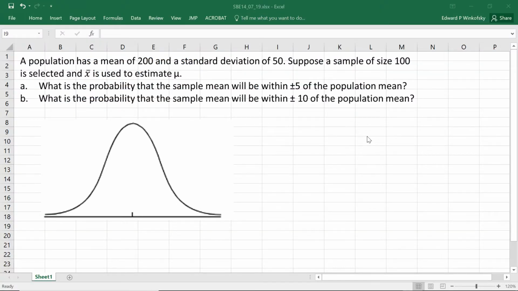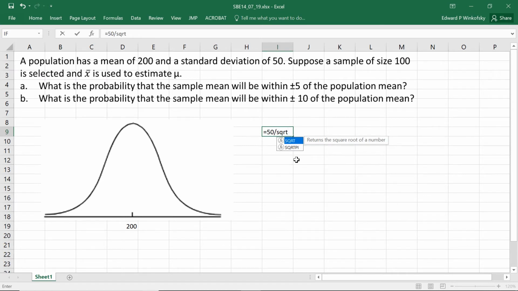A population has a mean of 200 and a standard deviation of 50. Suppose a sample size of 100 is selected and x bar is used to estimate mu. What's the probability that the sample mean will be within plus or minus 5 of the population mean? Well, we can draw our sampling distribution, which is going to be a normal distribution with a mean of 200. And its standard error is going to be equal to the population standard deviation, which is 50, divided by the square root